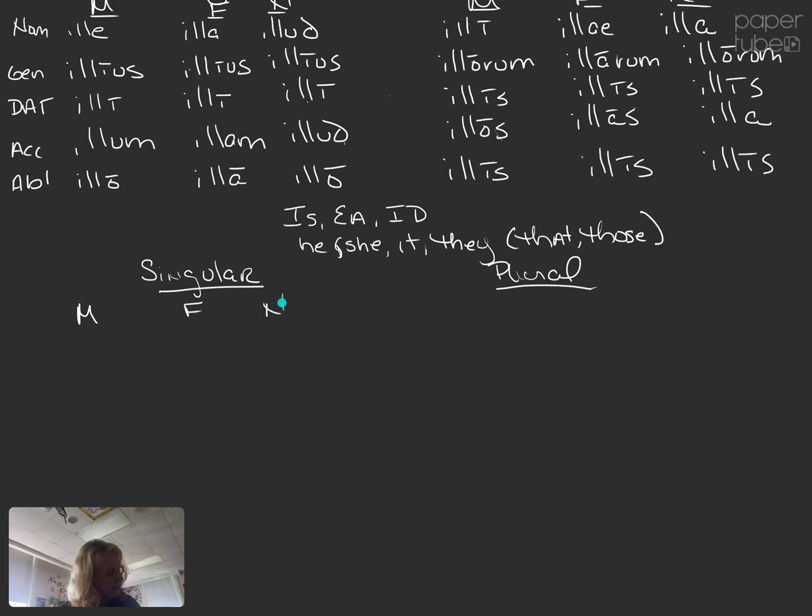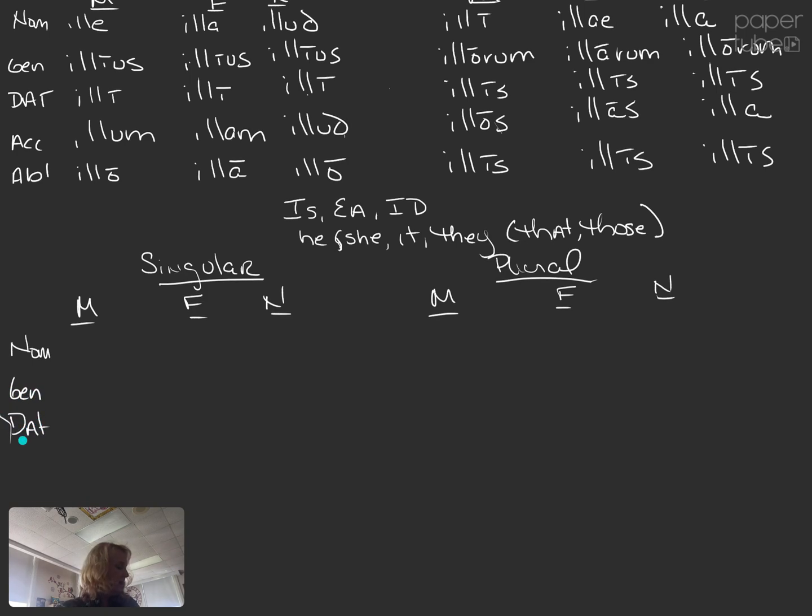Masculine, feminine, neuter. Masculine, feminine, neuter. Then we need our nominative, genitive, dative, accusative, ablative. Okay. Is, ea, id, eius,